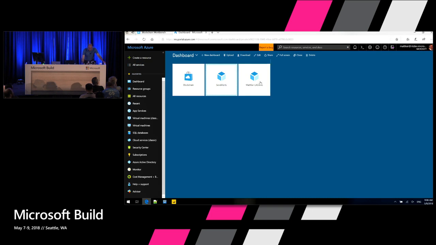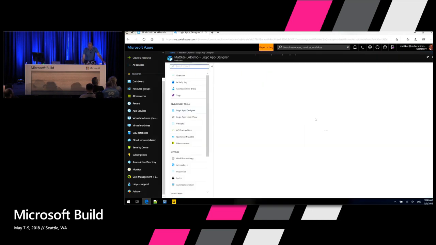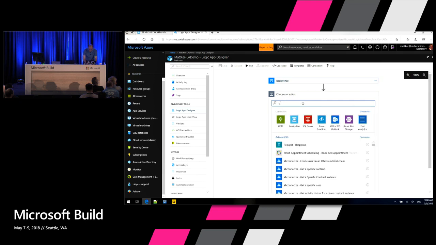Over here, I've got a new logic app that is empty. It doesn't really do anything. I just decided I'd run it on a recurrence trigger. But I could run this in response to, again, a CRM system being updated, or a new message showing up in an Event Grid, or some data being changed inside a Cosmos DB. And so any kind of action that I might like to trigger off of, I can. And so let me go ahead and add a new step. I'll just add an action, and I'll say, what is it?